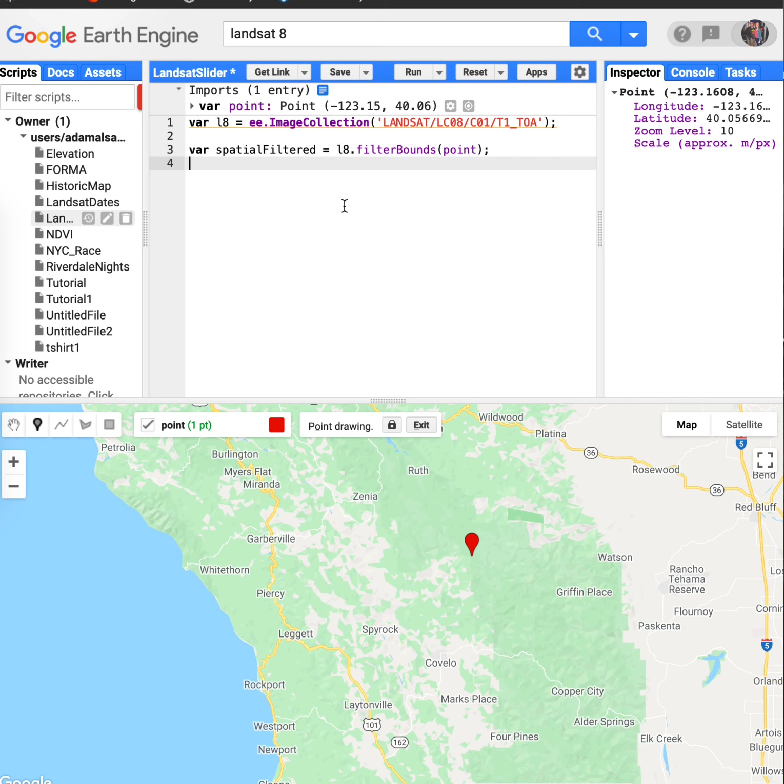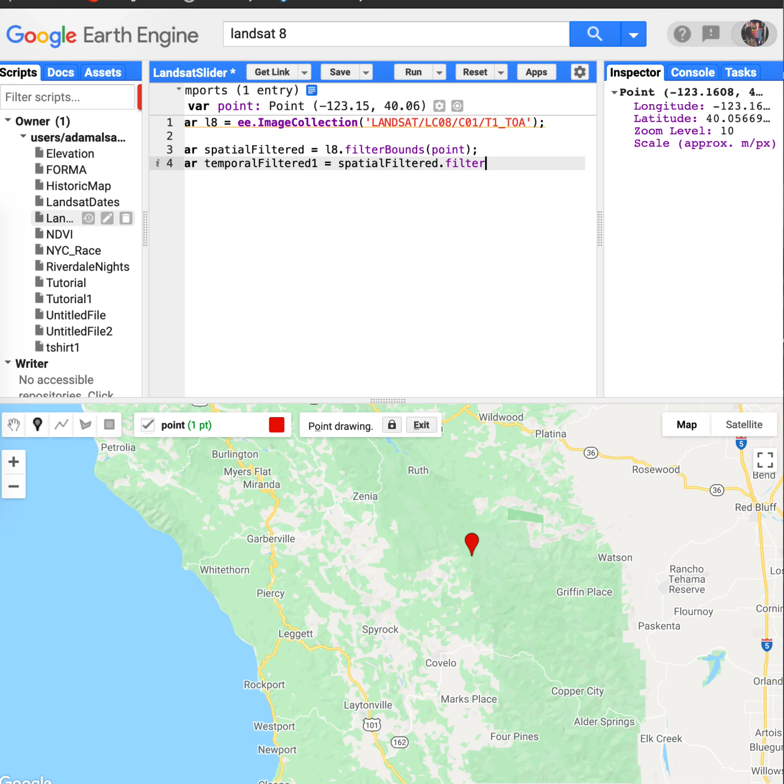So what that means is that spatialFiltered is going to be all the images in Landsat that are within the bounds of this point. And now I'm going to do another one called var temporalFiltered. I'm actually going to make this one for the first time period, because we're going to look at the same location for two different time periods. It's going to be equal to spatialFiltered